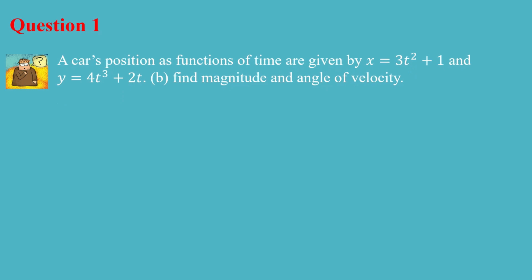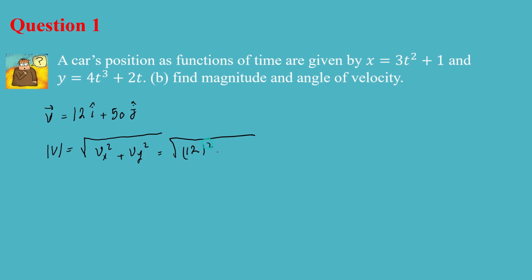Now I need to find the magnitude and angle of velocity. Let me write down what we have so far. So I have 12i plus 50j. This is my v, right? And then my magnitude for v is going to be the square root of vx squared plus vy squared. Then it's going to be 12 squared plus 50 squared. Then it's going to be 144 plus 2500. That is equal to 2644, and it's going to be